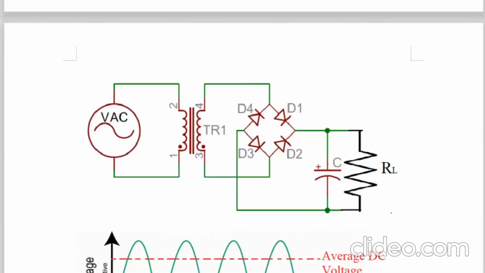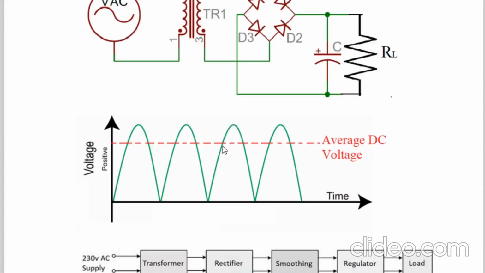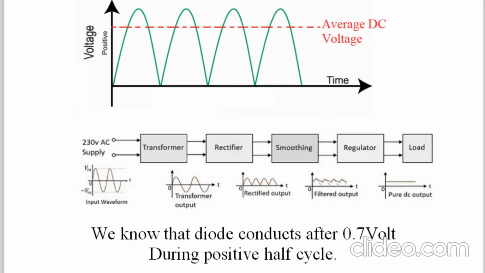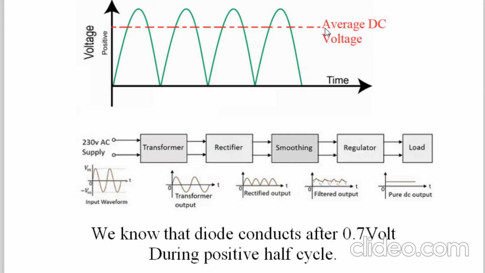But again here, try to observe the second diagram of the rectifier, either use that diagram or this diagram. Here a capacitor is used, but try to understand, this is the peak voltage and the average value of DC voltage is always less than the peak voltage. If your peak voltage is less, then the average DC is less. Now you can say that I will use a regulated power supply. It doesn't matter. Even if you use a regulated power supply, if the peak value is less, the average DC will be less, and even though it is a regulator, the final output DC voltage will be less.